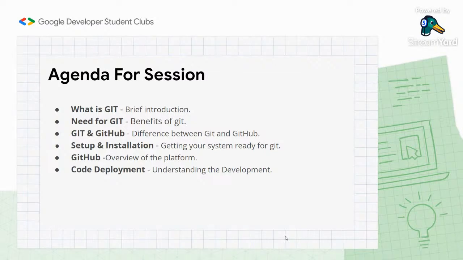We'll show you how setup and installation is done. This will be more of a practical session rather than a theoretical one. We'll be showing you everything, how to push, pull, how to write your codes, how to get started, and everything. We'll show how to use GitHub. We'll show you the code deployment, that is, you can deploy your applications free of cost on websites, right? You have to pay a lot of money for deploying your websites. Guys, you can do it for free through GitHub.